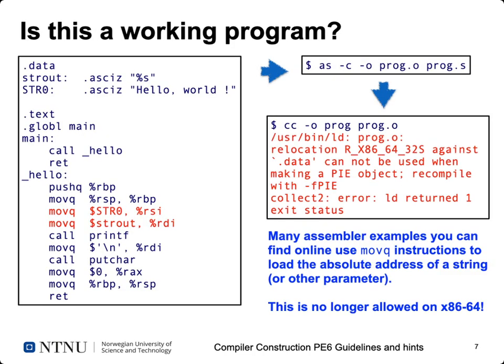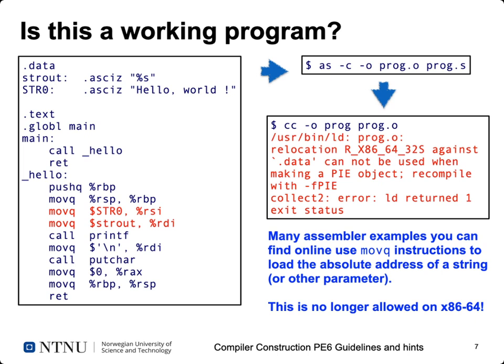So if we have this program here, we can try to assemble it. That actually works out of the box. And when we then try to link it using our CC compiler frontend, our linker complains. As you see, it's complained about by the program used in LD, so our linker. It says proc.o has a problem, and this problem is that there's some strange relocation